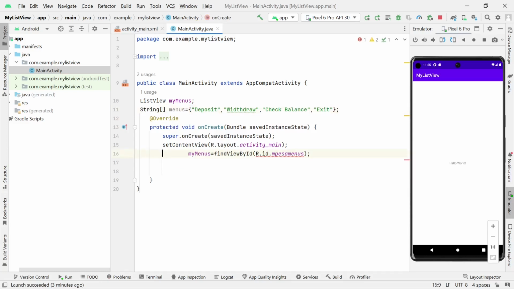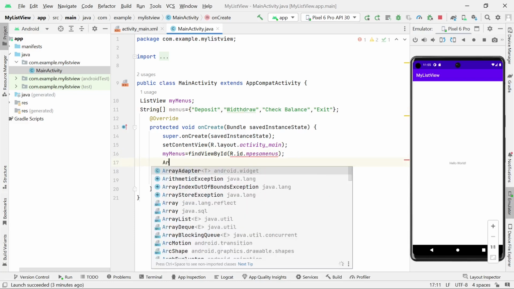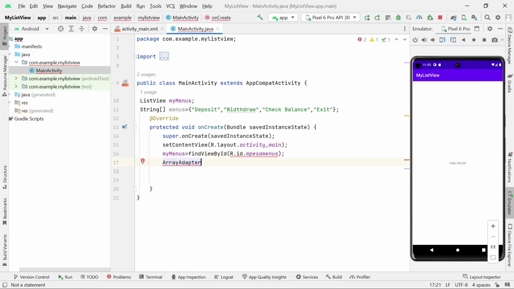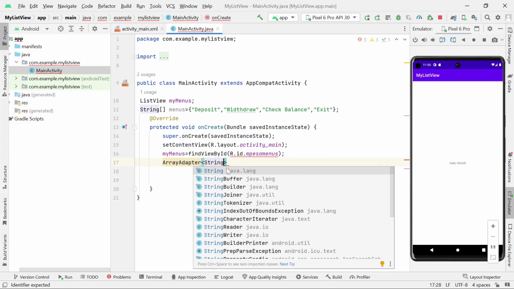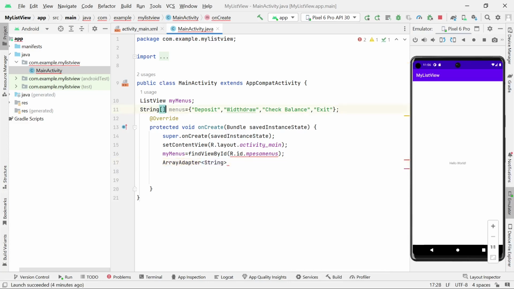So now we have the list view and we have the array of menus here. Let's use something known as an array adapter. We use the array adapter to pass the data to the list view. We cannot pass the data without an adapter. This adapter receives data that is of type string, that is the data type. This should match the data type that we are using here. I'll just call this menu adapter